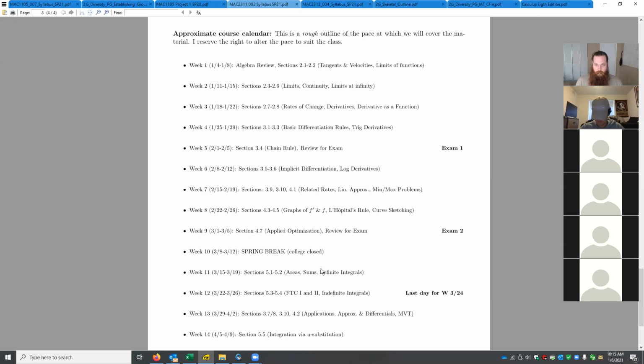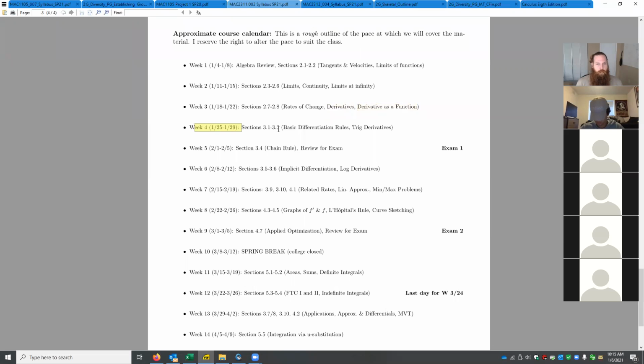Next week, we're going to talk about continuity and limits at plus and minus infinity. In the third week, we're going to talk in detail about rates of change, and we're going to apply limits to this concept of a rate of change to get this thing called the derivative, which is really an instantaneous rate of change. How fast are you going right now? Turns out that thing can be thought of as a function on its own.